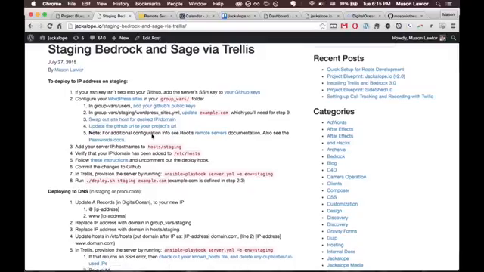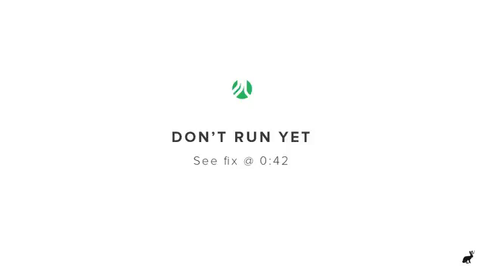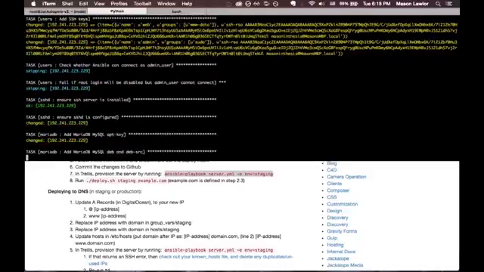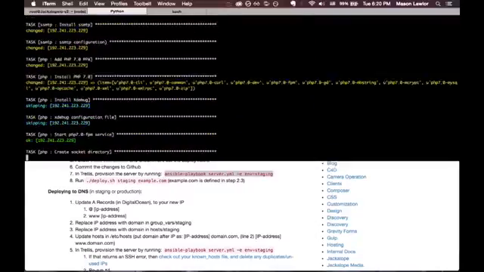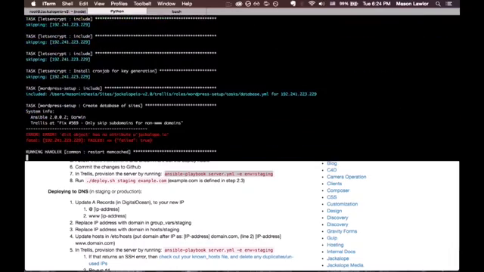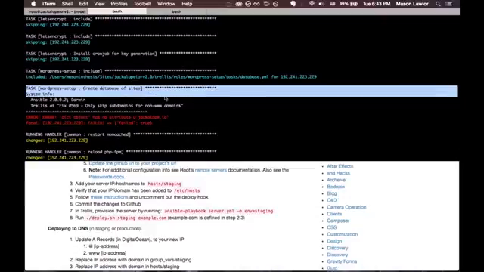Alright, so back in Trellis, we're just going to copy this command down here. This will provision the environment. Alright, so when we were provisioning our server, we ran into an error at the task of creating the databases,